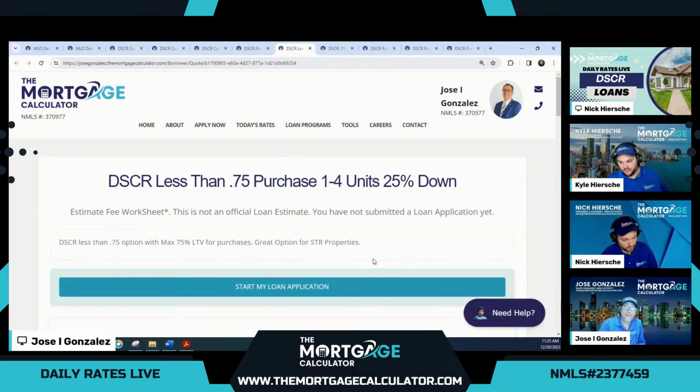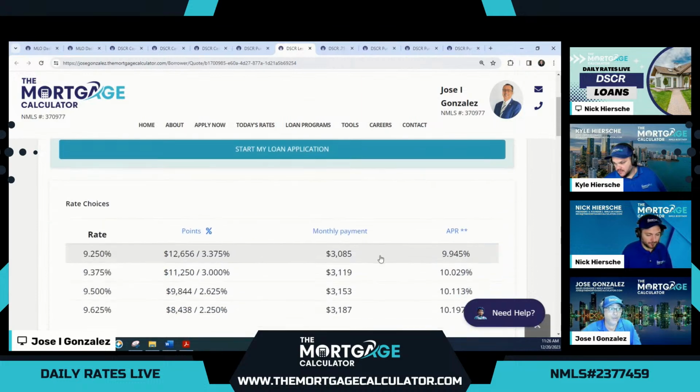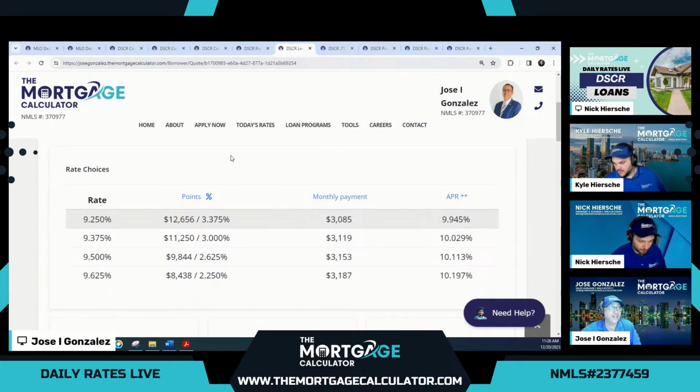So put 25% down, buy it with this option, or the 0.75 to 0.99 option if it fits that parameter. And you have your property. No ifs, ands, or buts. Nobody's going to question anything. No worries about not leased, which you don't usually have to worry about on a purchase anyhow. But in this case, absolutely no worries. Just 25% down. Make sure the property condition passes, the appraisal value comes in, and you close. Obviously, as long as you meet the credit requirements. So this is a no-brainer.